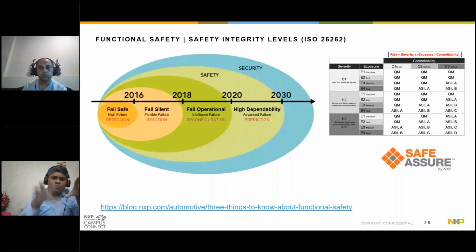We can read through more blogs here which are supplied. But the idea is there are different safety categorizations, and we have to make our devices compatible to the required standard given for a given application. So please do read up a lot about functional safety, particularly if you want to make a career in automotive semiconductor design. I think my last slide before we go into a deep dive, and the next slide, please, Shamji,